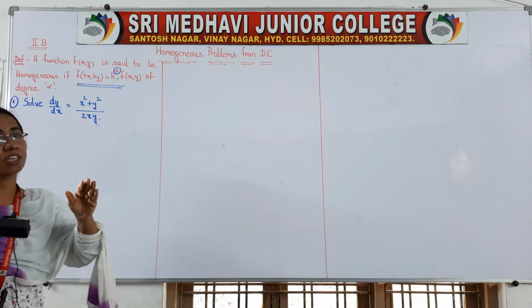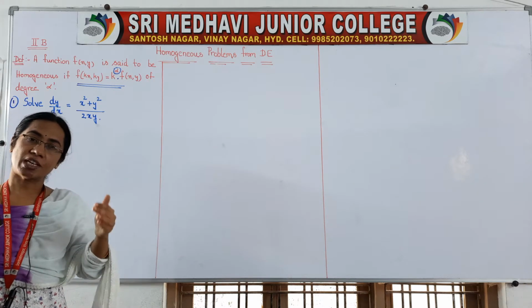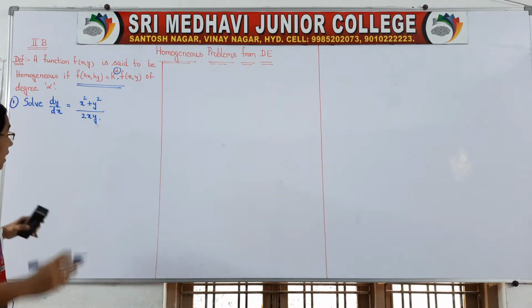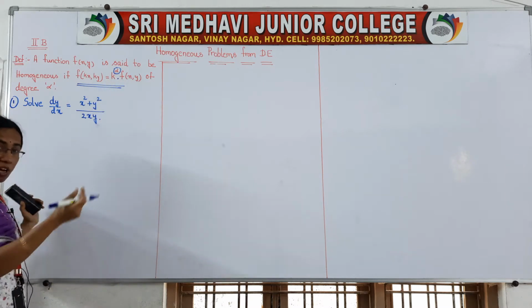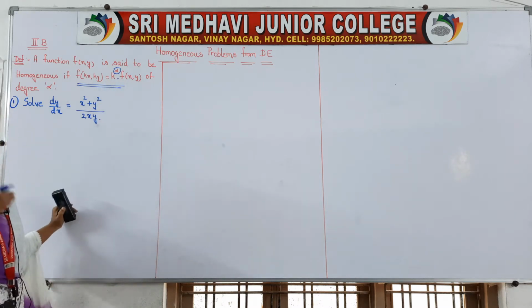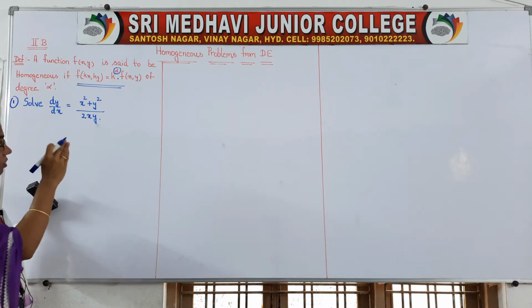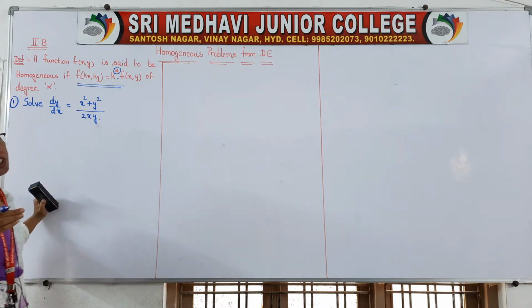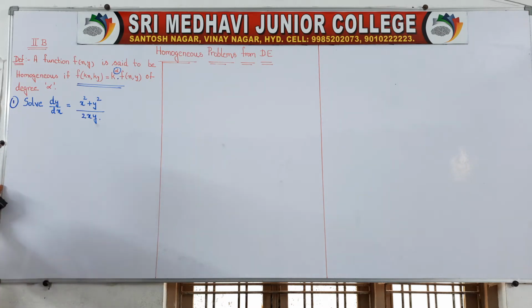So in the given function, wherever x is there, we have to take kx, and wherever y is there, we have to take ky. We have to substitute. After that it will come into this form. Here instead of alpha we can have 0, 1, 2, 3, 4, any number. K to the power of some power into f of x comma y, then it is called a homogeneous equation of degree alpha. Okay, now come to the first question.